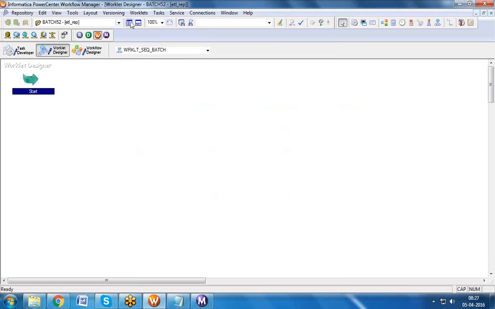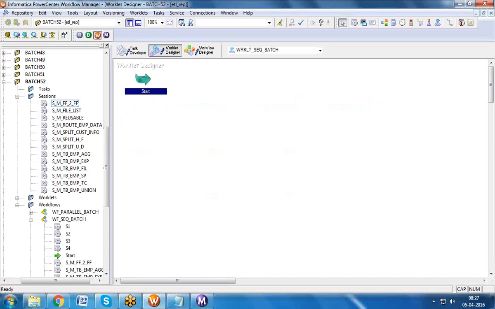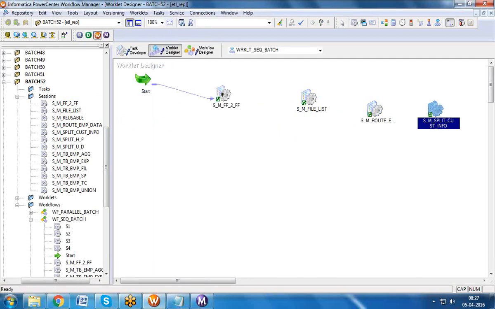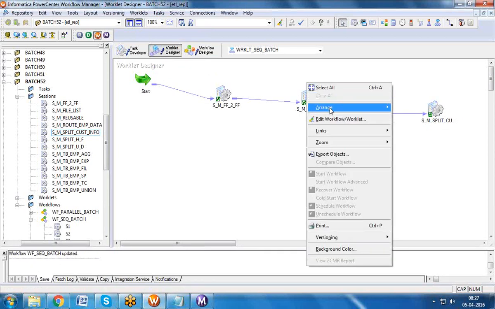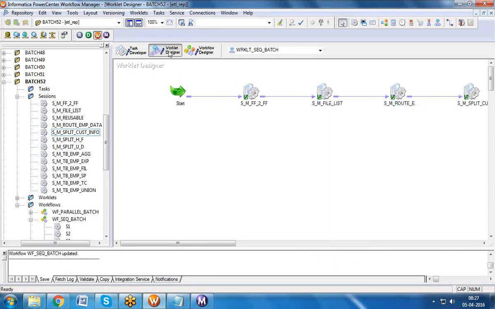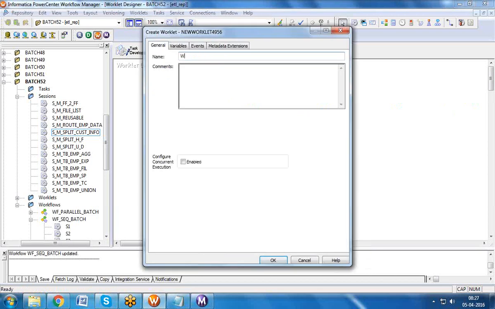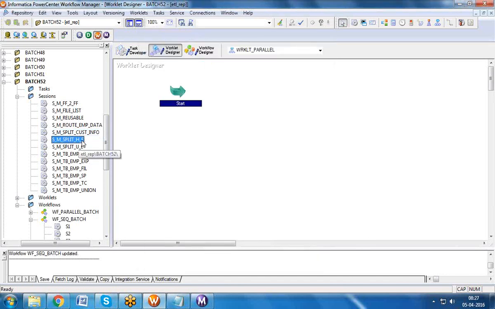So just as an assumption, drag the four sessions, link them up, and save it. You can create a sequential worklet as well as a parallel worklet. It's up to you, same as a workflow. In this way also you can do it.